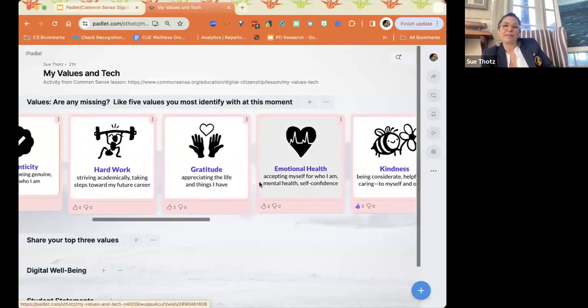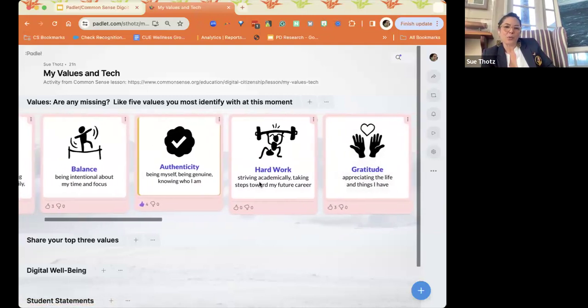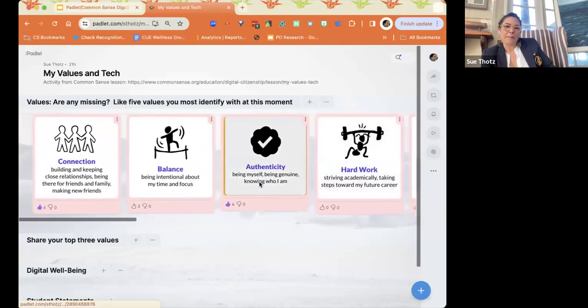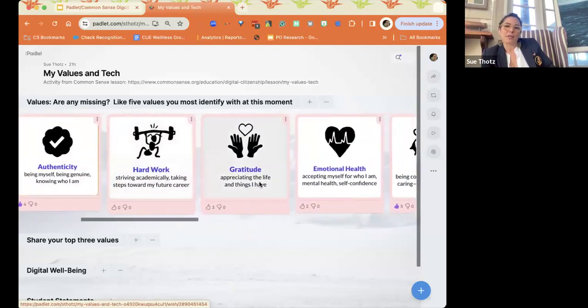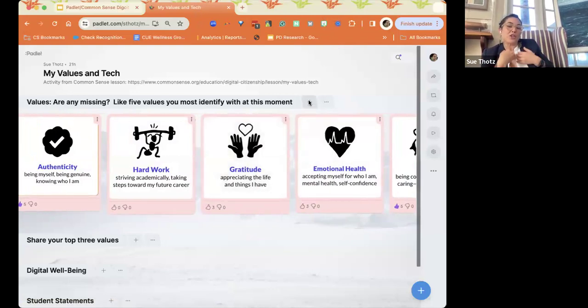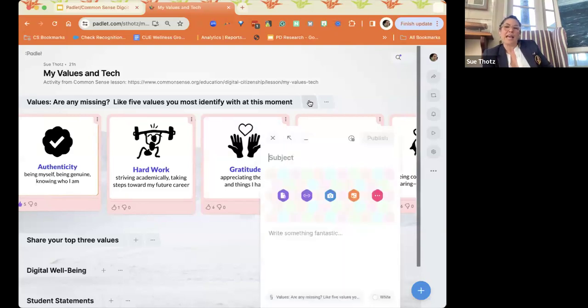If you find 5 in here that you think are most valuable to you, or the other option that I wanted to share with you is, I'm somehow missing a couple of values. If you yourself see something in here that you're not seeing, or have a value that you're not seeing, you yourself can add it, right? Whatever value. Right now there's one that I don't see in here, and that is, oh, there they are.